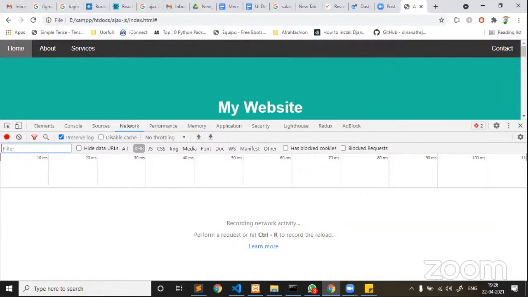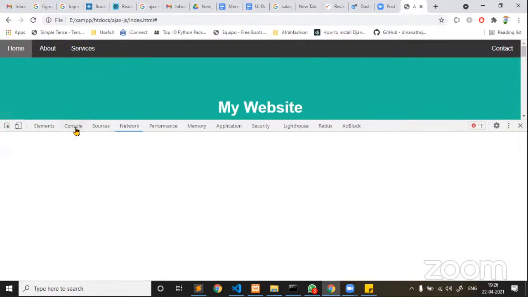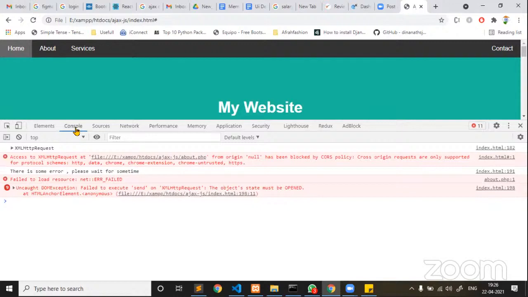All the Ajax calls: on click of about, you see here, on click of about, on click of services. Some calls which I am executing, but none of the calls is placed from client side to the server side, because on click of about you can see that the error count is increasing, and each time I click on about, the error count increases. The reason is there is an error.